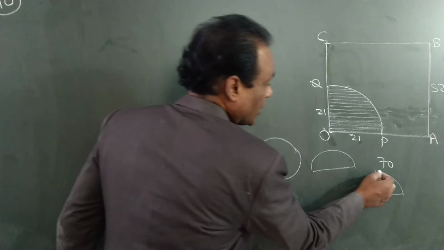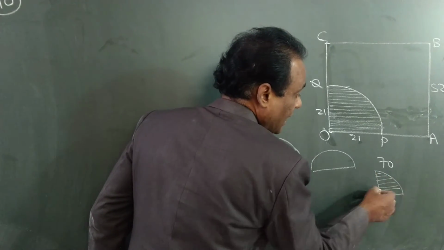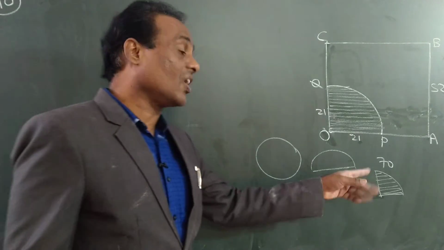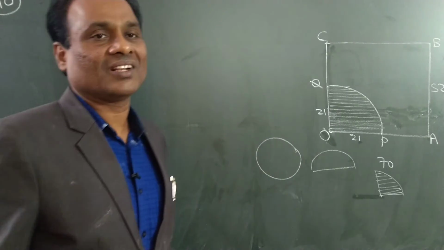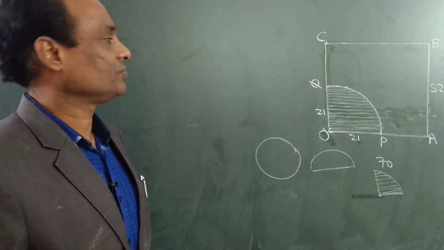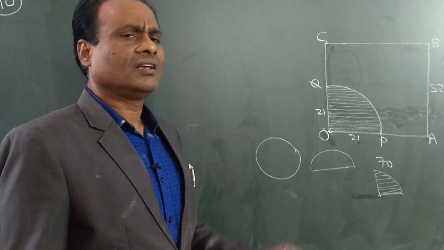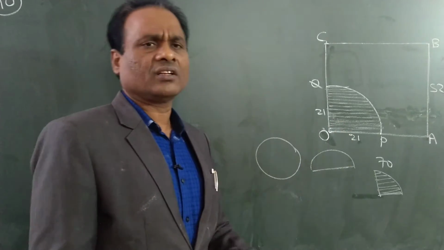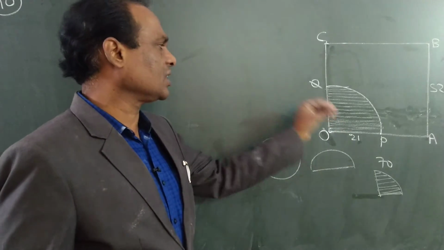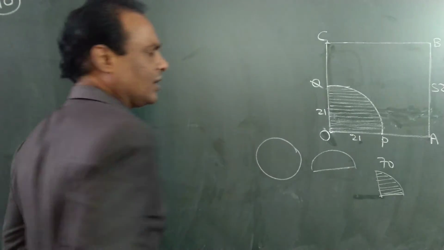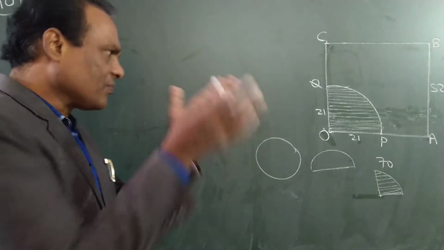So this area we have to find. We can call this figure a sector. We can also call it a quadricircle, 1/4 of the circle. So this area we have to find. Simple formula and all the values are given. Nothing to think, just substituting the values in the formula. That's all. So first let us write the description. Whatever the question is given, the same we are writing.